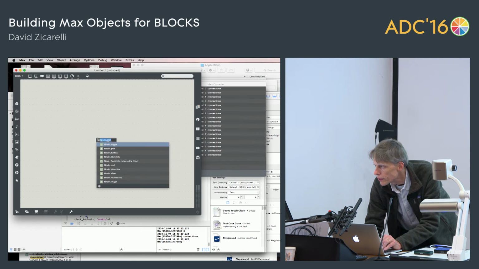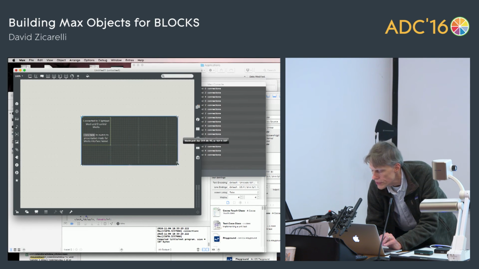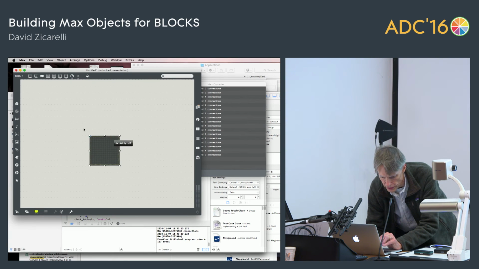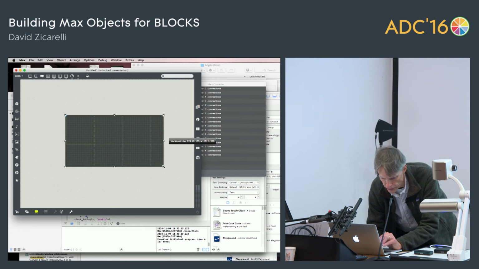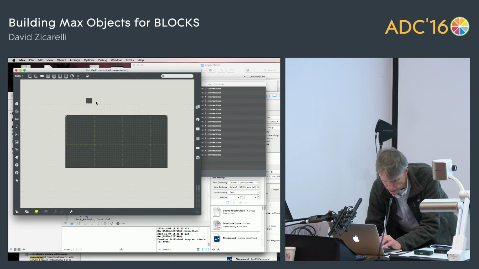Make another blocks dot add. Okay, so what I'm going to do here is I have 3 scenes. This is not going to be anything functional whatsoever. I'm just going to make a toggle here.